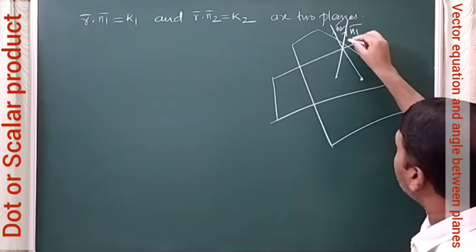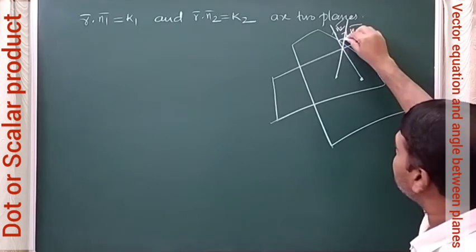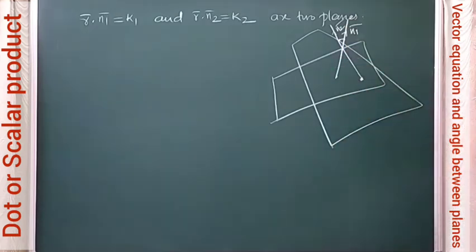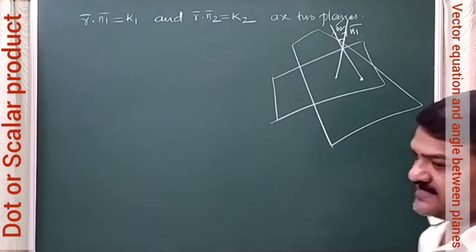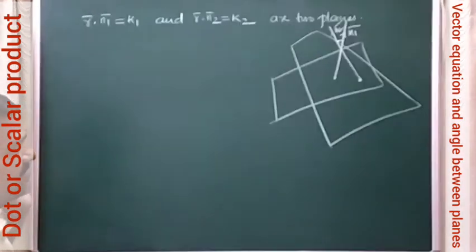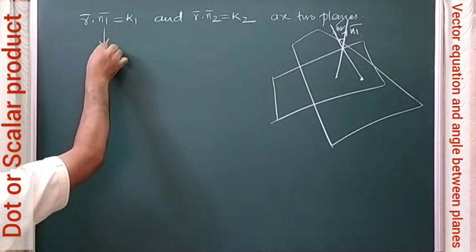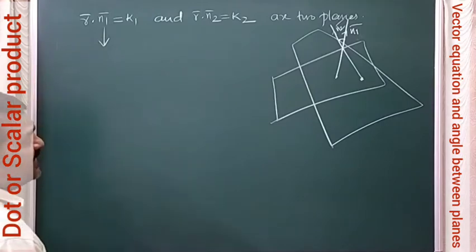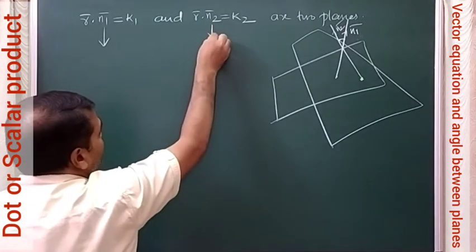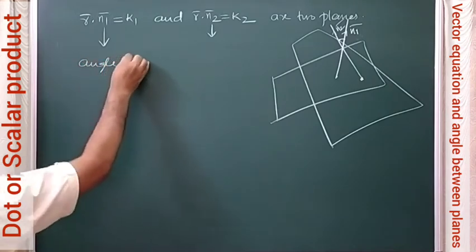Then angle between these two, that is angle between the normals, is actually angle between the planes. So angle between planes is always angle between their normals. So from this equation, you can identify that n1 bar is the normal of first plane, n2 bar is normal of second plane. Therefore, we can write that